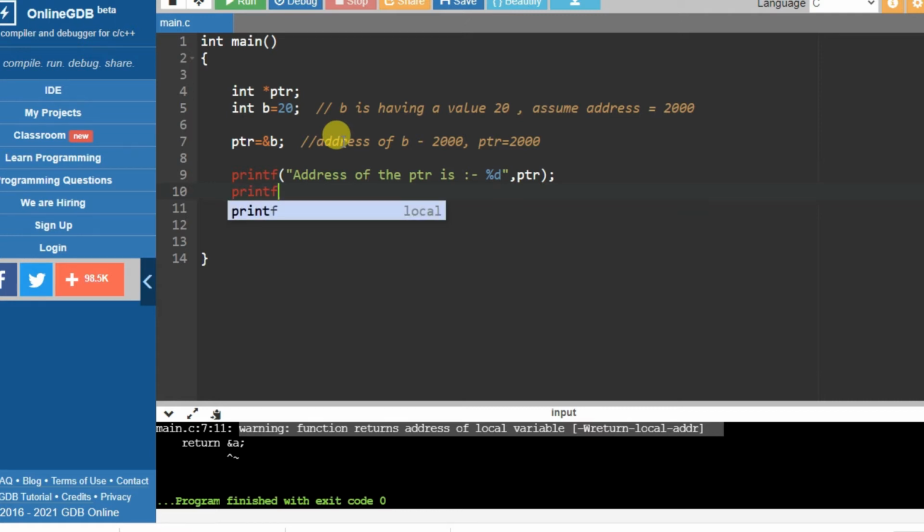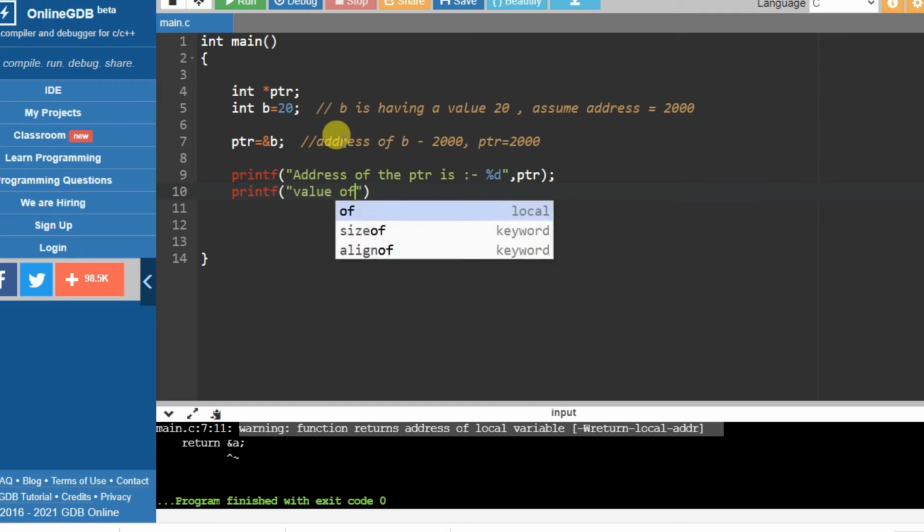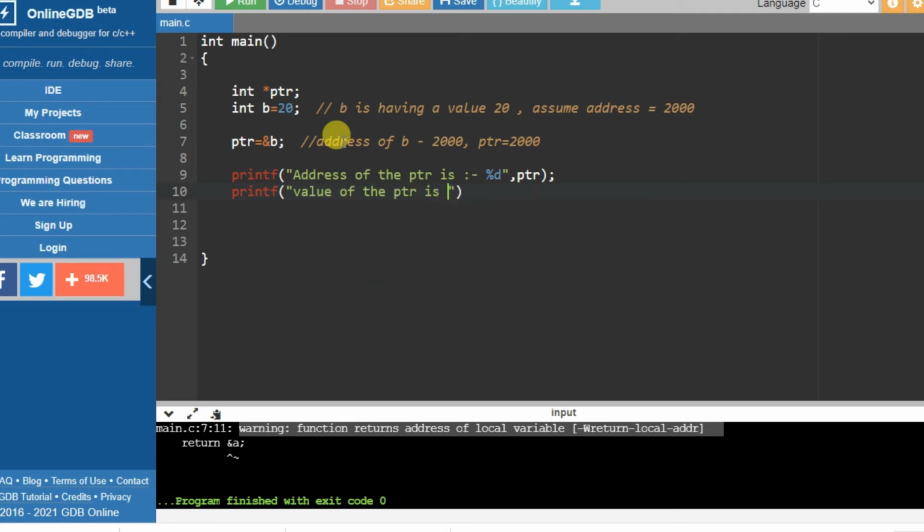So let's say I print the value of the ptr is, with %d because it's an integer value, and here I write star ptr. Here I am printing the address which I have copied in ptr, and here I am printing the value.